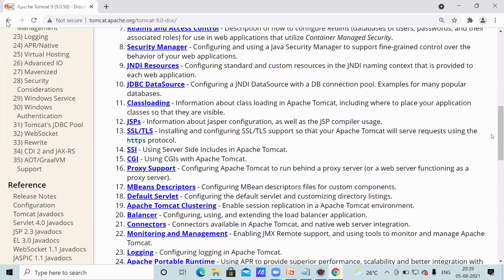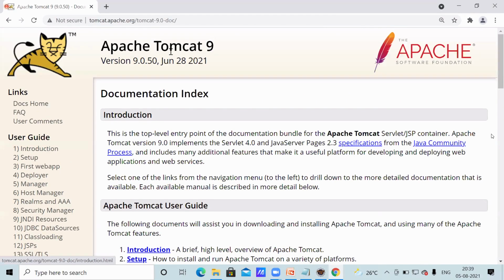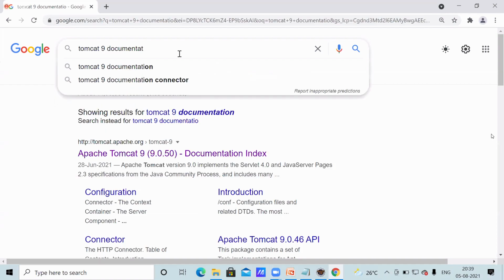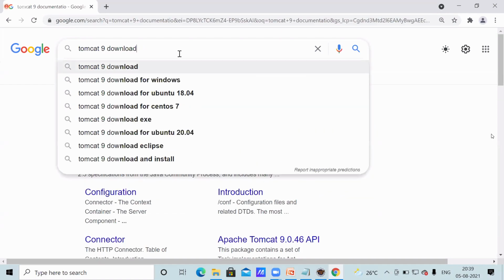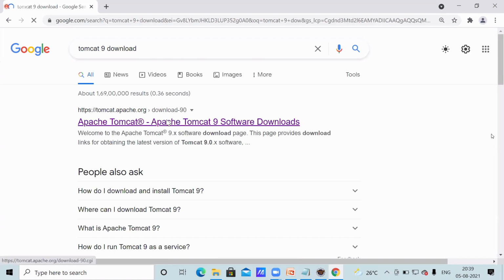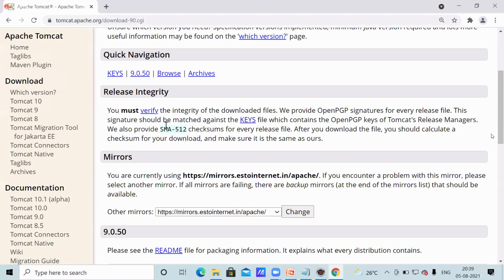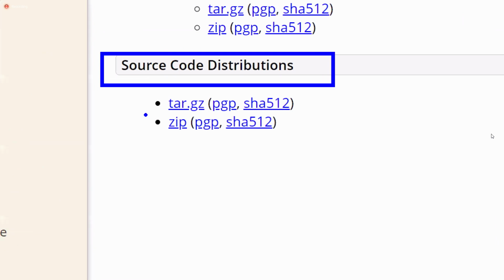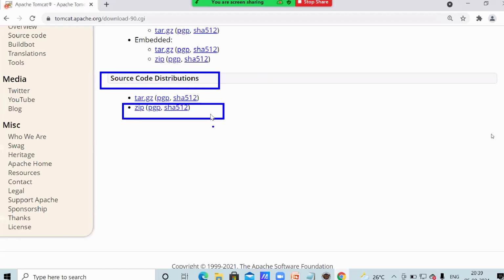Type Tomcat 9 download and click on this. The zip file, source code distribution. The zip file you can download. You can see the HttpServlet code also.